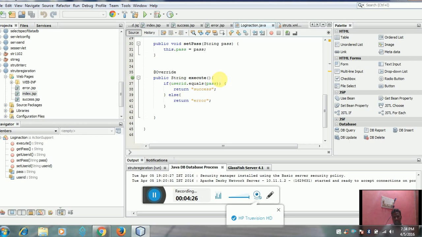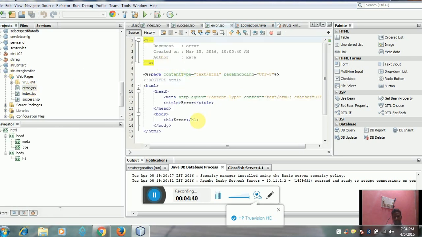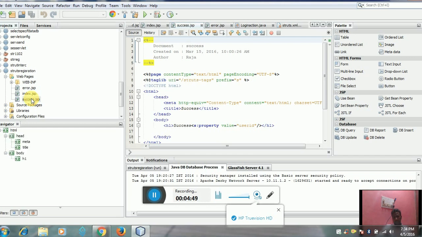Next is public String execute: if user ID equals pass, return success; otherwise, else show the error. In the error page I show the page title and an h1 heading, error, and in the success page I show the success output.